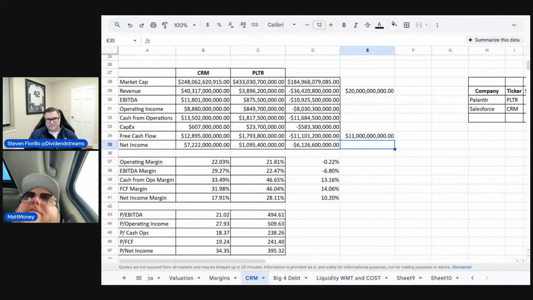I don't disagree with you, Steven. The thing that's hard for me to comprehend is how do we go to a $100 billion company? Because not $100 billion company, $100 billion run rate. Because in reality,